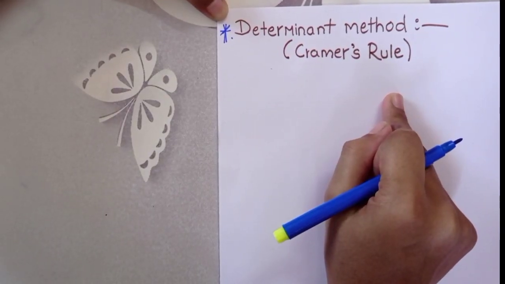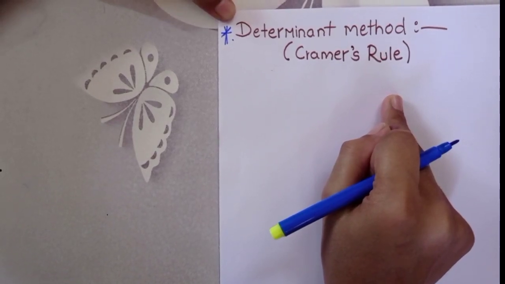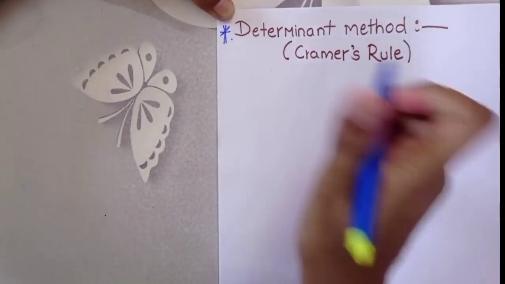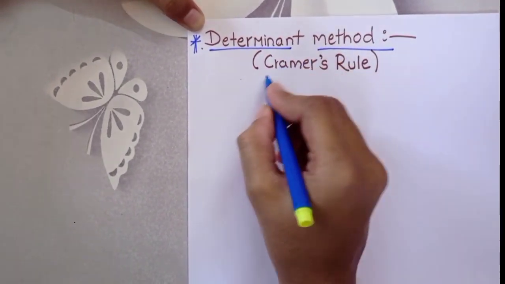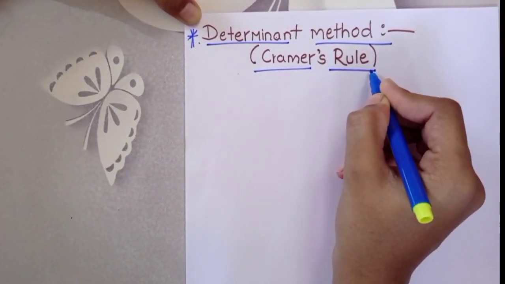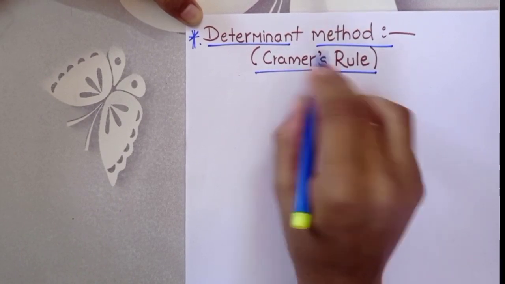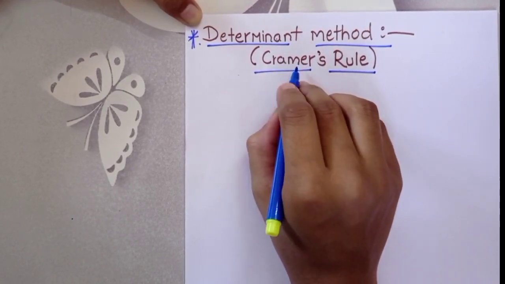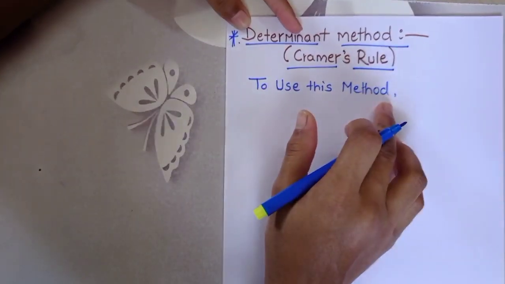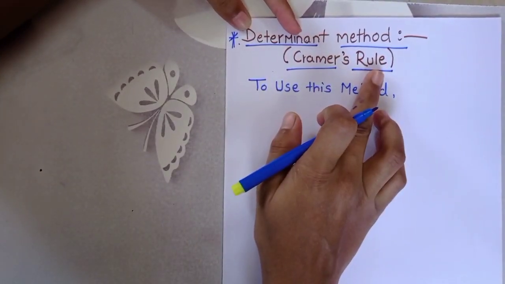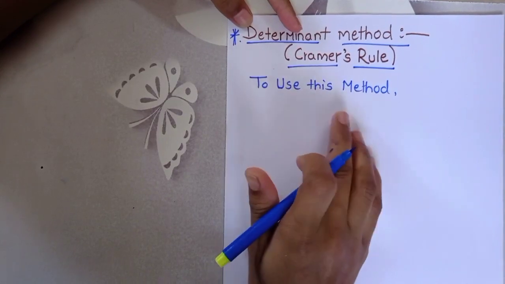In this video, we are going to solve simultaneous equations with the help of the determinant method. This method is also called Cramer's rule. The scientist Cramer found this method, therefore it is named Cramer's rule. To use this method, we have to form the equations